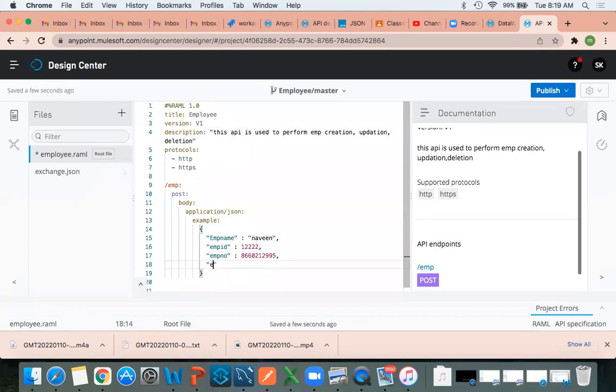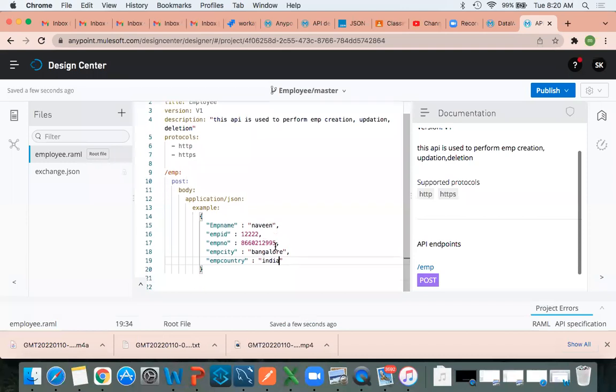If you want to add anything, you can write emp city, and country is India. So this is the request I'm passing. The resource path is done, the method is done, the request is done. What is the next step?